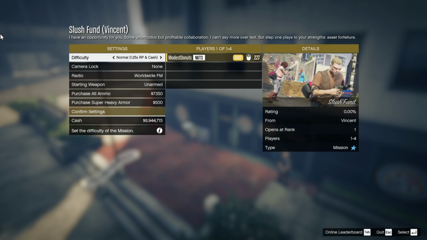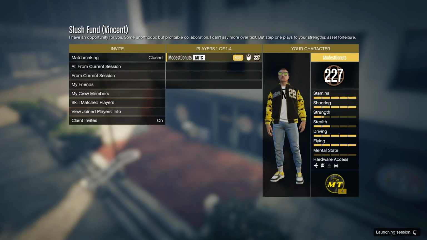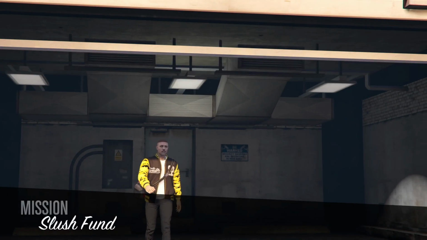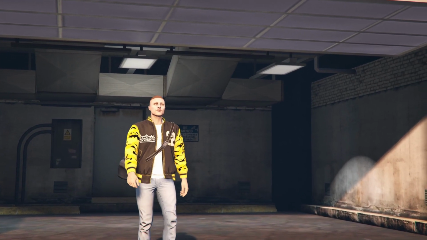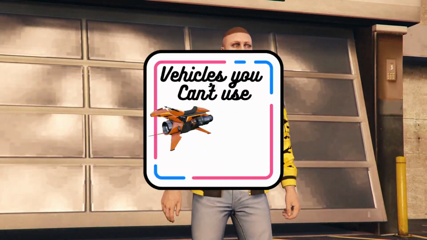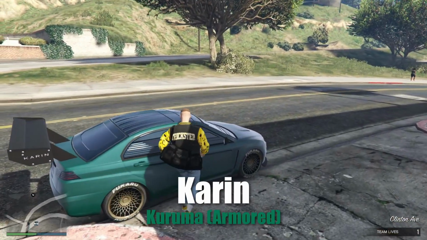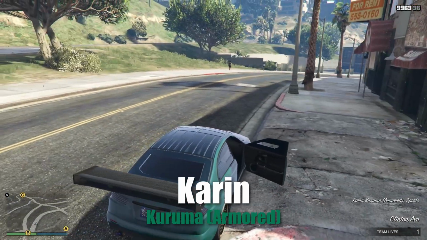The setup missions are quite unique in that they will be an actual mission which will throw you in a preparation screen, after which the mission will start. It is kind of great since this way you won't have to worry about other players in the lobby, but it being this type of mission means that you won't be able to use your Oppressor Mark II or other vehicles you might want. Because of that, my suggestion would be either to use the Armored Kuruma in all the